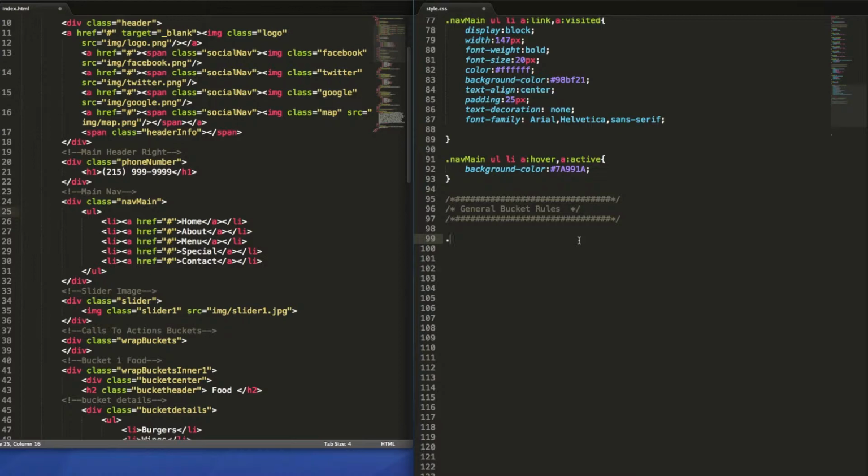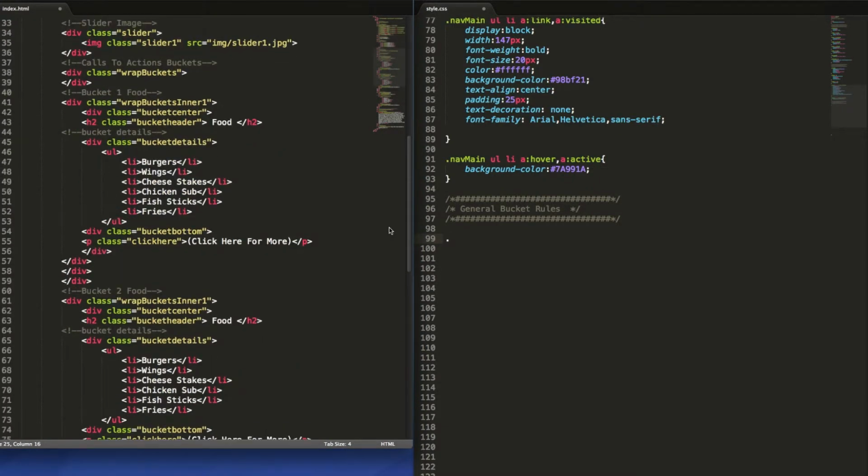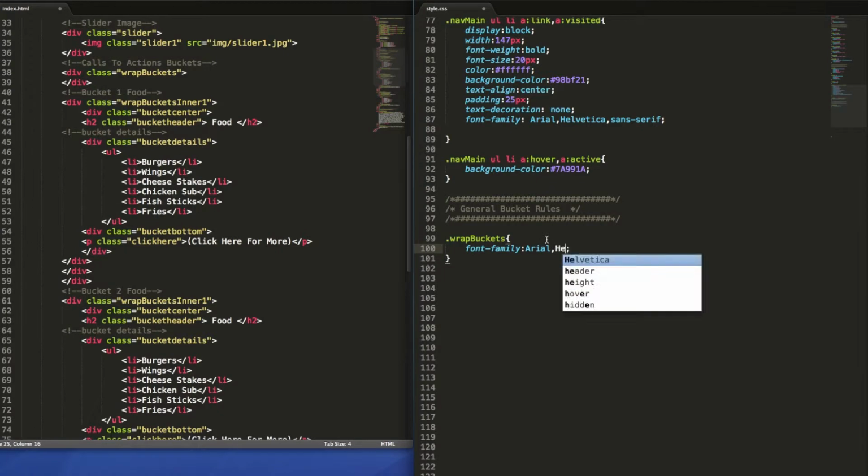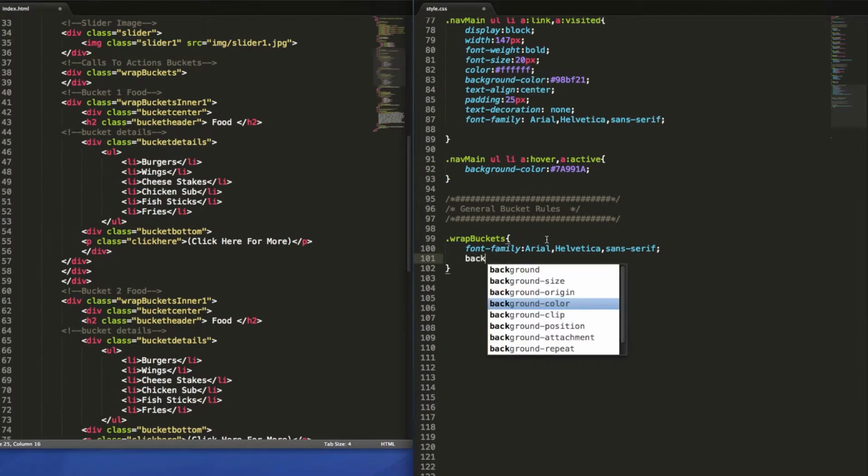Alright, so here we go. So we're going to do, let's see here, scroll down to our buckets, perfect. Alright, so what we're going to do is wrap buckets. Now here we go. So we're wrapping our buckets, and we're first going to do the font family this time around, and of course Arial, of course Helvetica, of course Sans, and our background